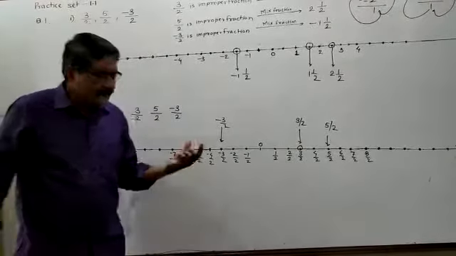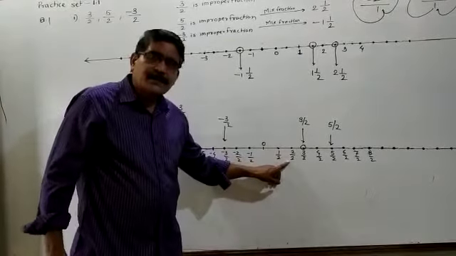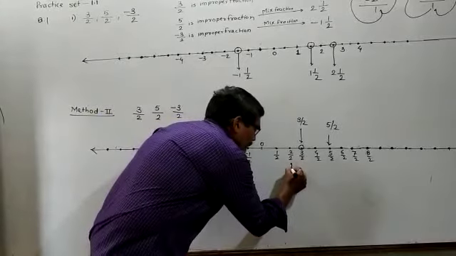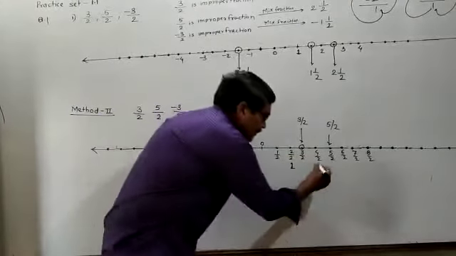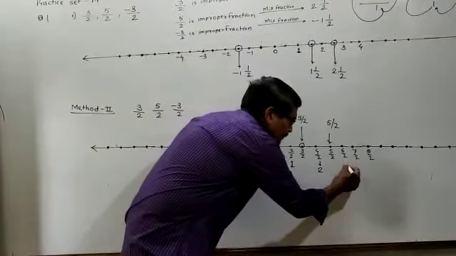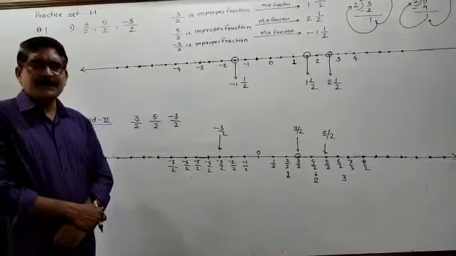Then you will think, where are 1 and minus 1? Here 2 upon 2 means 1. Does everybody understand? This is the position of 1. Here 2 2s are 4 will come. This is the position of 2, and this is the position of 3. In this way you will show the numbers on the number line.